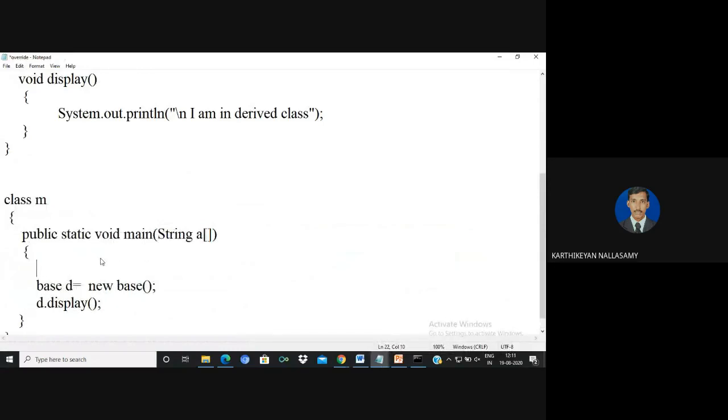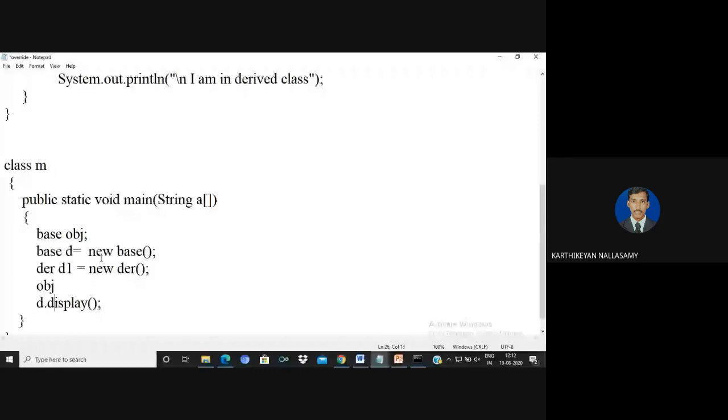The first step of dynamic method dispatch is to create a reference without an object for the base class. Then you create whatever objects you want. For example, I'm going to create objects for the base class as well as the derived class. So now there are two objects, created with their references.